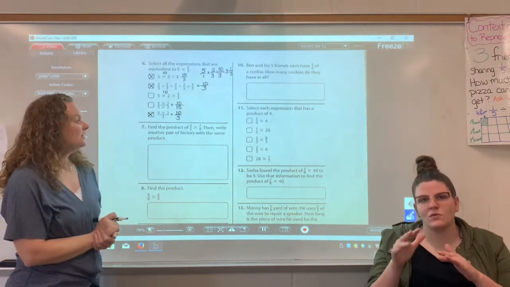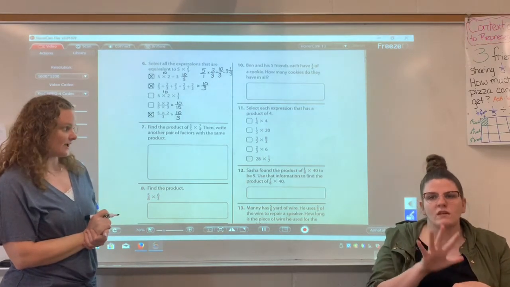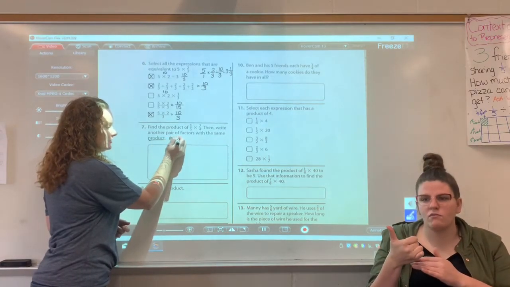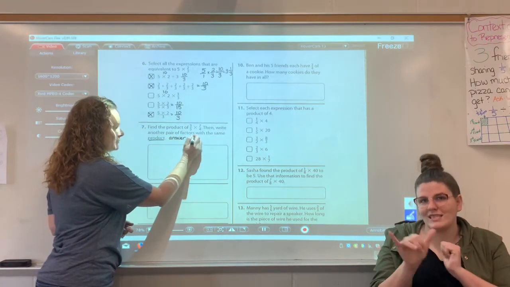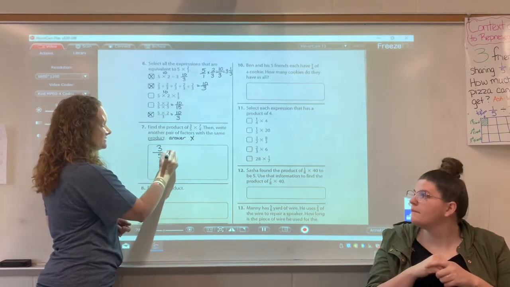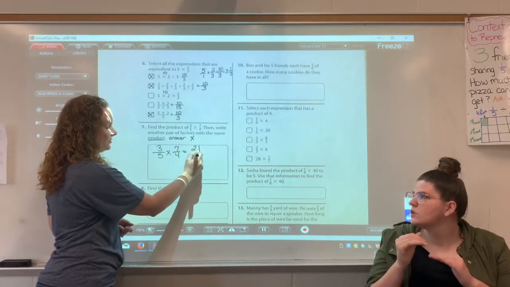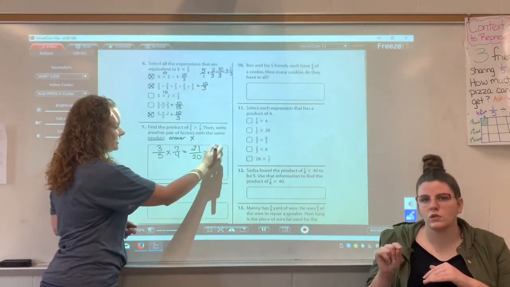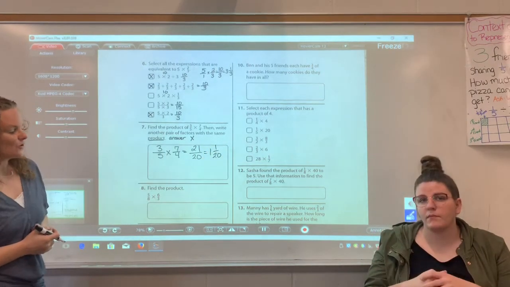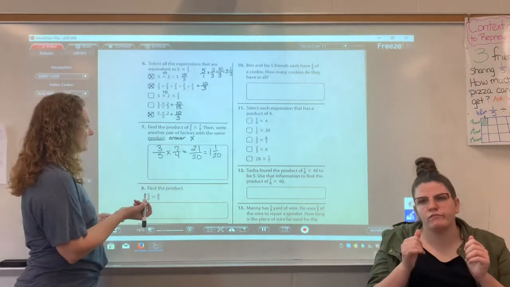Number 7, find the product of 3/5 times 7/4, then write another pair of factors with the same product. Remember, product means answer when multiplying, okay? So we have 3/5 times 7/4. We end up with 21 over 20, which is 1 1/20. Okay? So you might have come up with multiple scenarios that got you to this one, but I'm going to